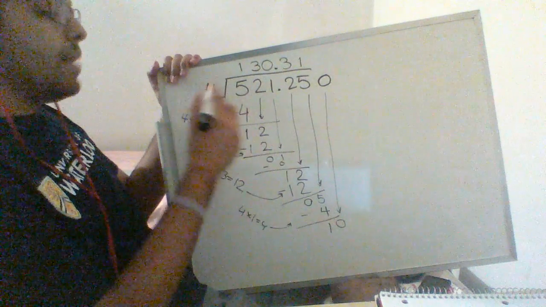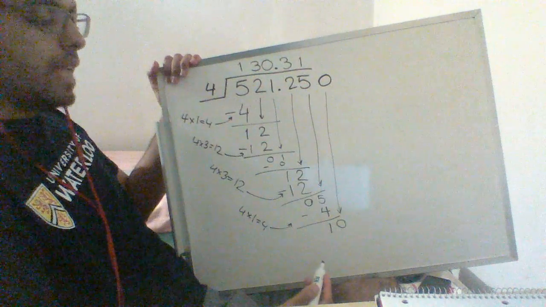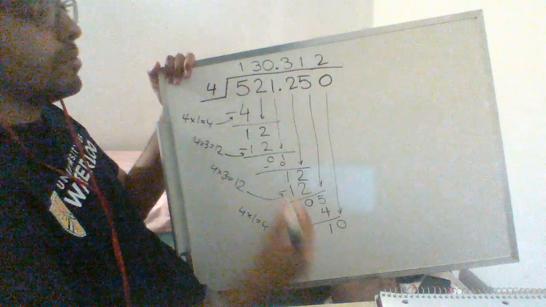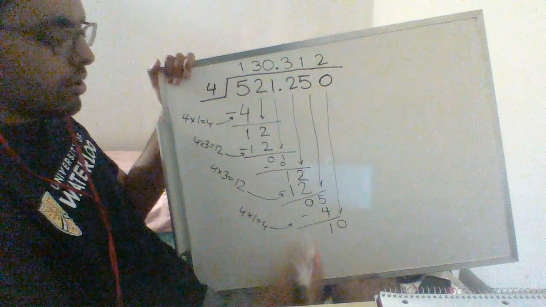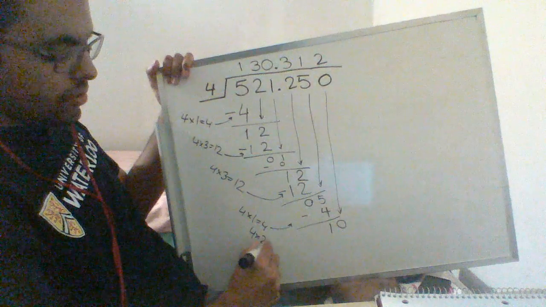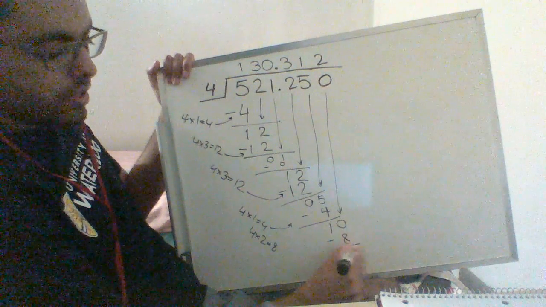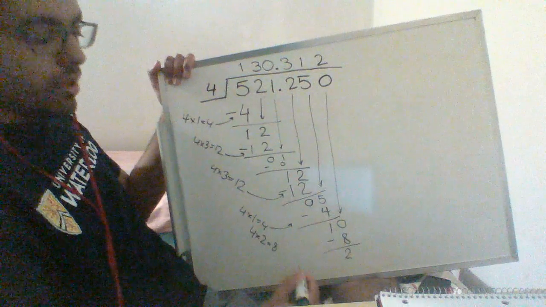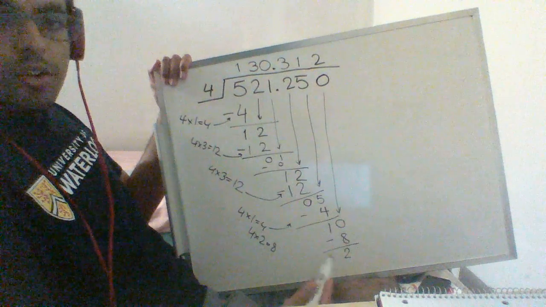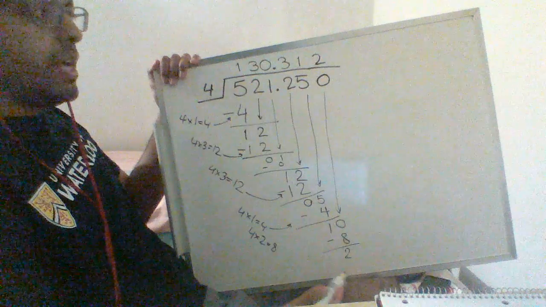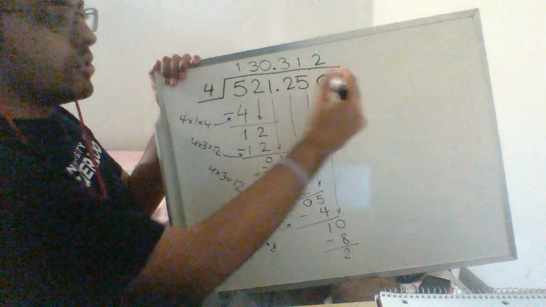Now we ask ourselves, how many times does 4 go into 10? 4 goes into 10 twice. You can extend that line there. So we put a 2 up in line with that 0. 4 times 2 is equal to 8, so I'm going to subtract 8. 10 minus 8 is going to leave me with 2. Once again, we've got this 2 down here, which ordinarily would have been our remainder, but we don't want to have a remainder. So we change